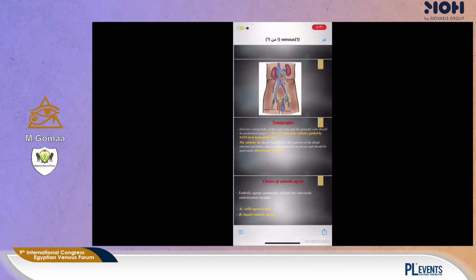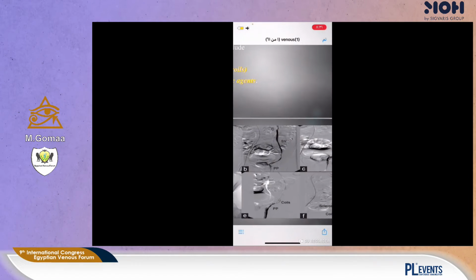How to choose my embolic agent? Choose the embolic agent depending on the diameter of the gonadal vein. We can choose a solid agent such as a coil if the diameter is high, and if the diameter is low, we can choose a liquid embolic agent only. In this picture we show